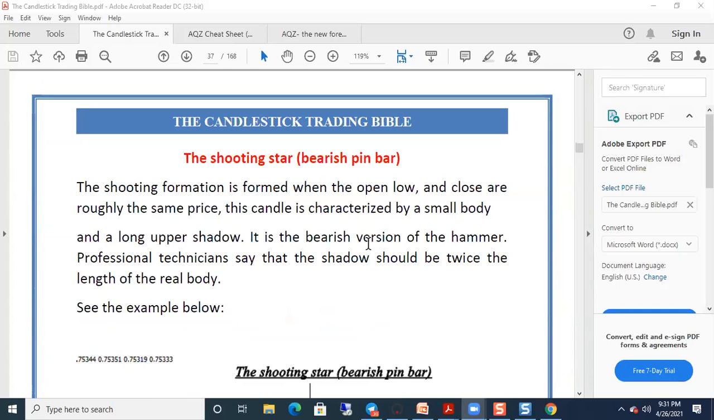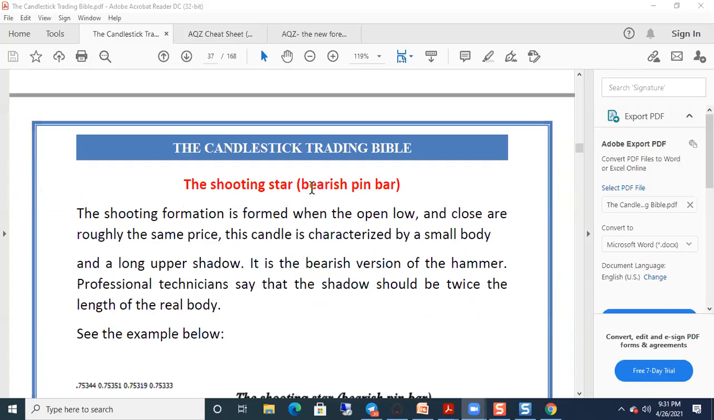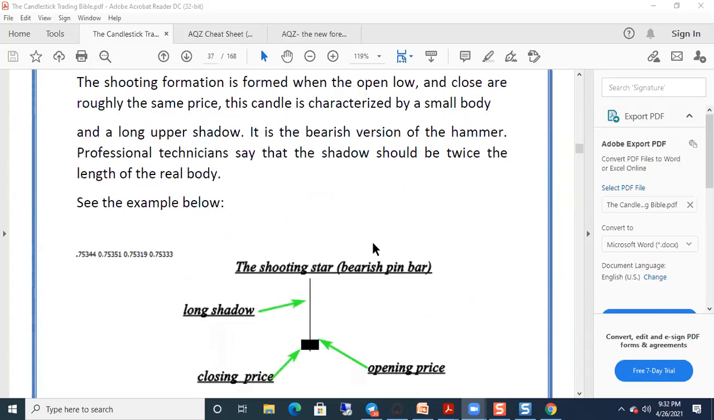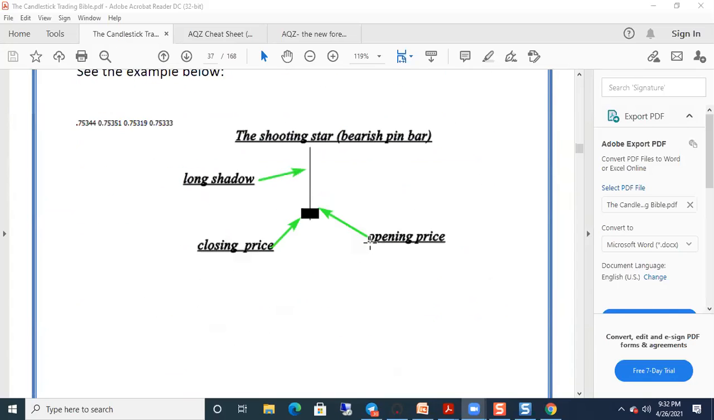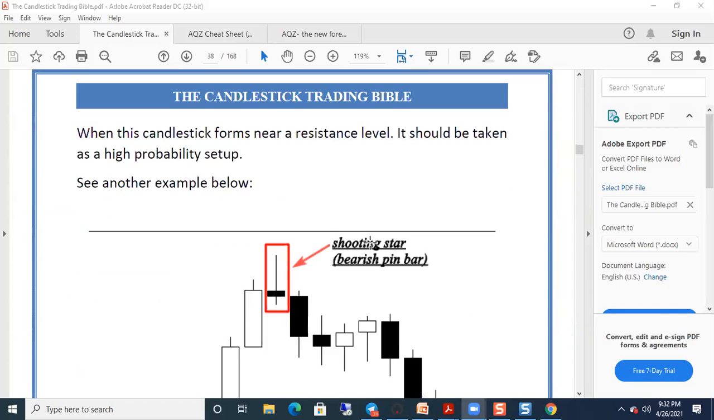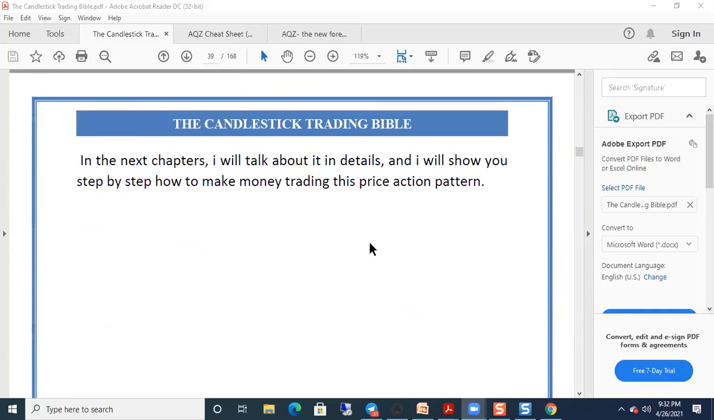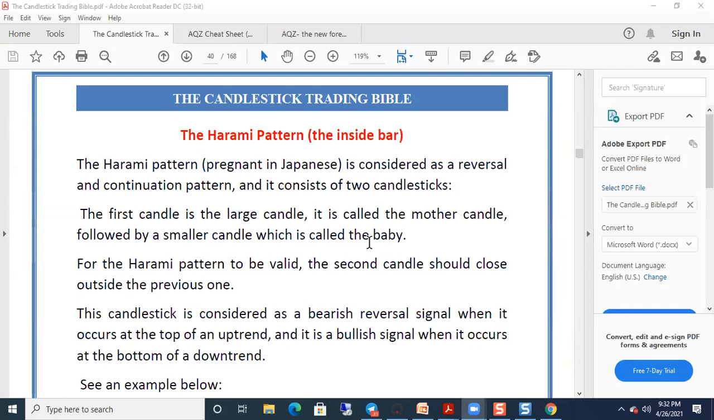The opposite of the bullish pin bar is called a shooting star. Basically, just call it a bearish pin bar. It's basically the opposite of a bullish pin bar, so we don't need to explain this again. Let's move on. Now, the next candlestick pattern we'll be discussing is called the Harami pattern, and that is the